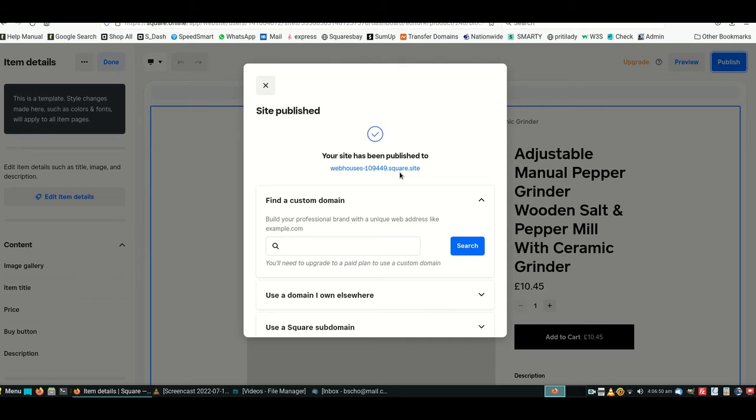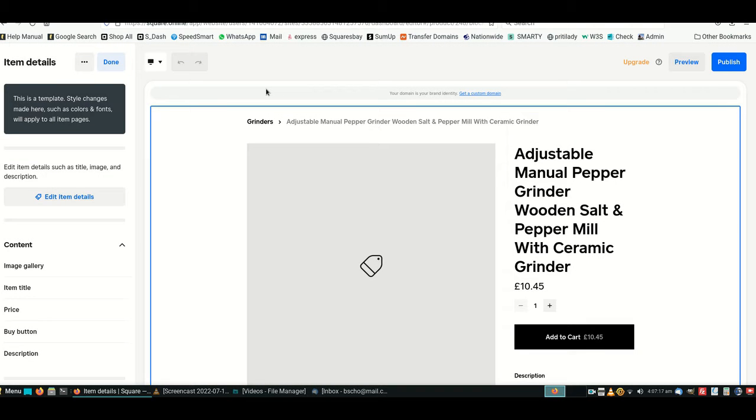But leaving it on SquaresBay.com, it's free hosting, and you're not paying anything. Ignore Square subdomain, because it would just have more things here, /subdomain, and the purpose is sort of not useful anymore. Anyway, we published one. Now let's hit done, and this time